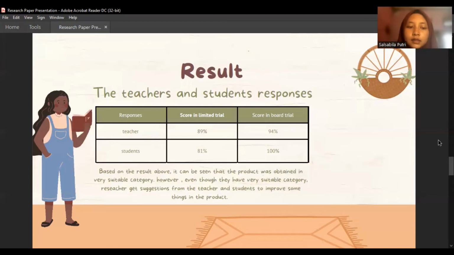Okay, next, the third result is about student response in limited trial. The limited trial was conducted by selecting one class with 25 students. The limited trial was conducted on Friday, March 11, 2022. The following table shows the result of student use of media in limited trial. The result obtained from limited trial to student regarding product trials obtained a total score of